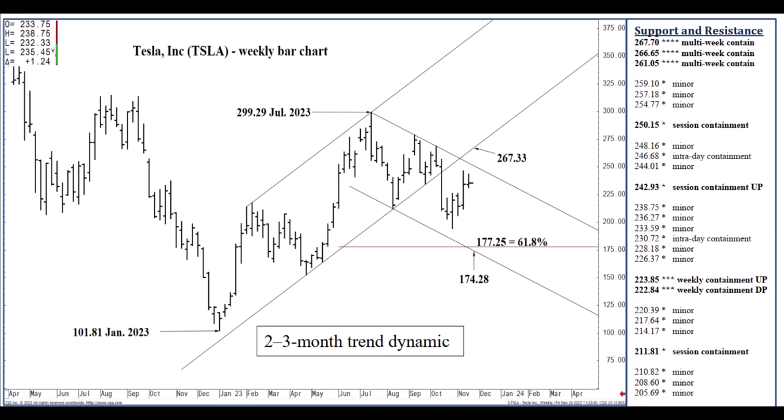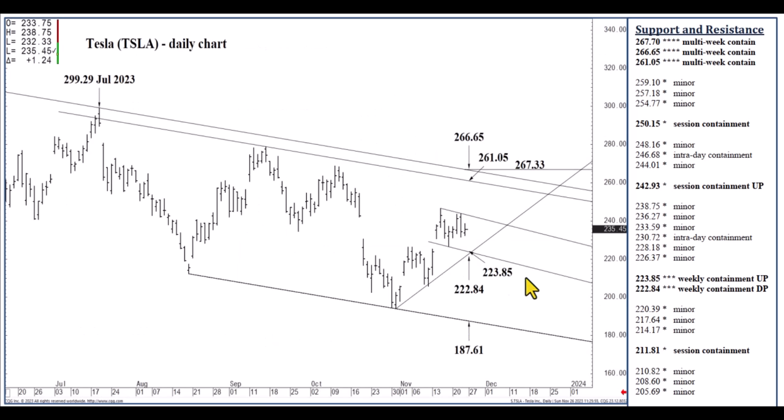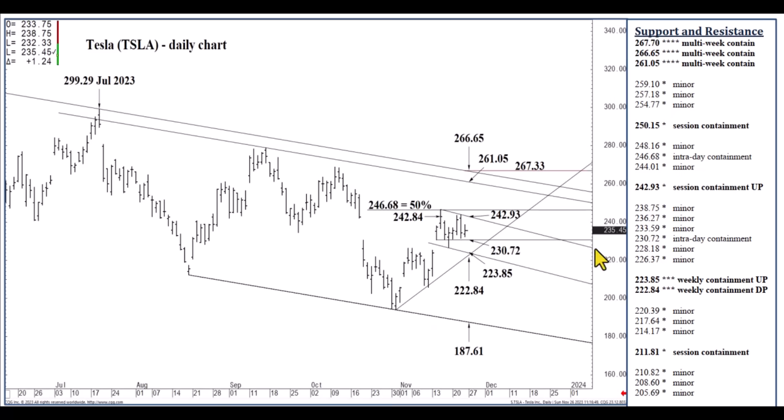So there's that. Now let's talk upside today, because the path of least resistance remains upward above 222.84. And if we take a look at the daily chart today, there's a lot going on here. This simple trend line coming off the highs at 242.93, I have as a session containment level, at least for today, because we've got the high settlement price that was put out a week and a half ago at 242.84. And so if we close above 242.93, then I see that as a buy signal through the rest of